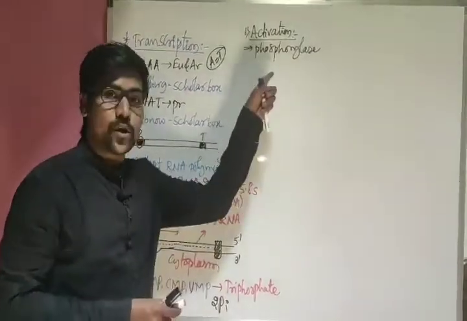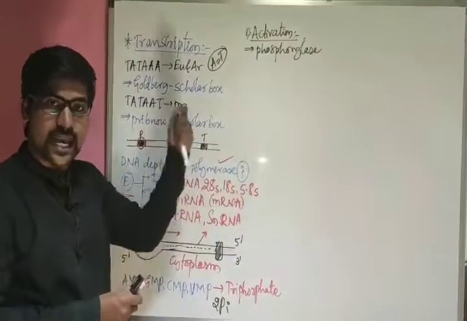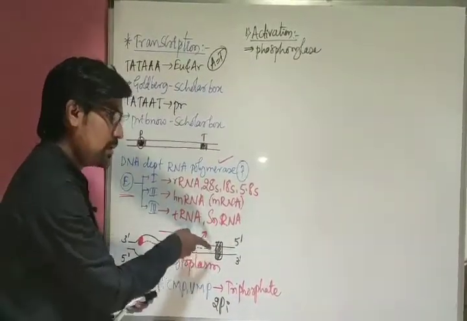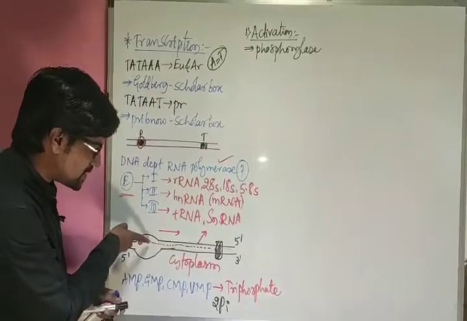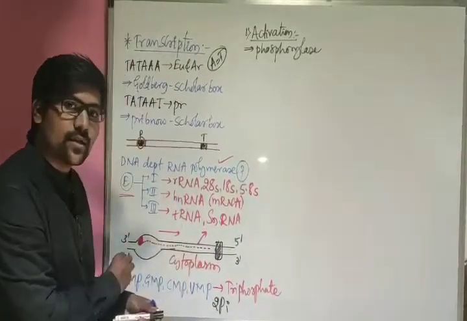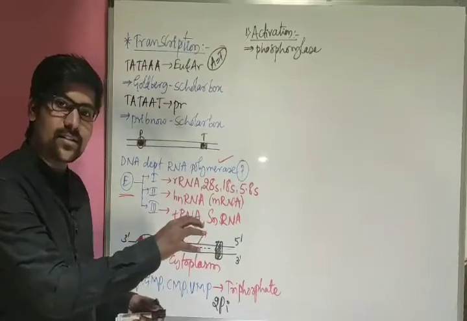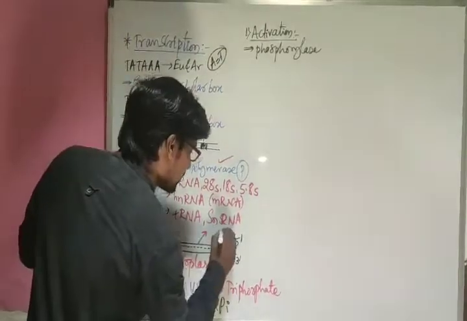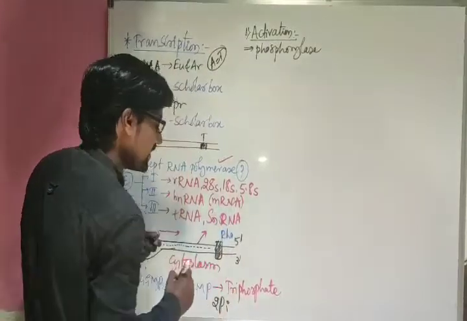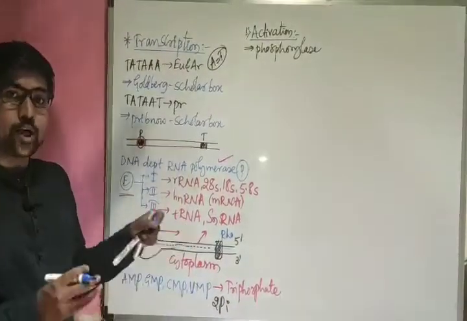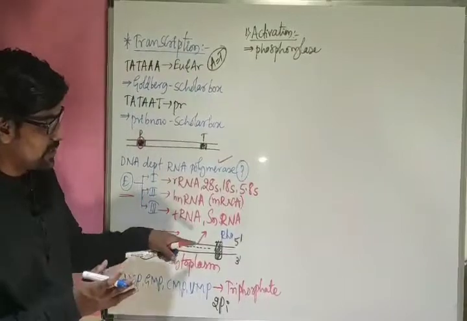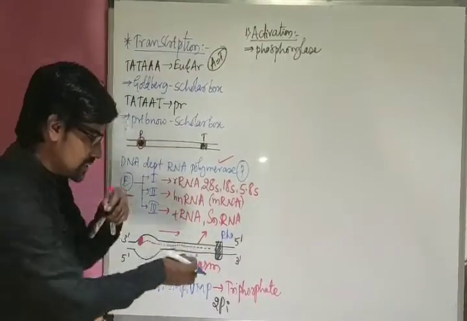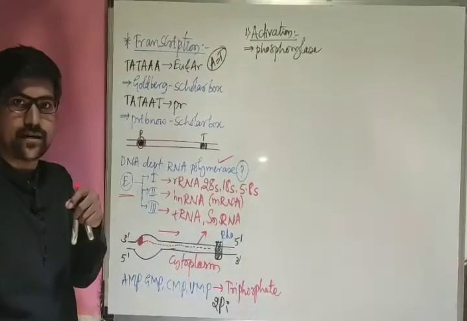Yes, the phosphorylase enzyme helps in this process, that is activation. So now the mRNA strand is going to be produced, the RNA polymerase enzyme moves up to the terminator region. When it reaches the terminator region, in the terminator region we are having a sigma factor, rho factor. So here rho factor is present. Rho factor, it loosens the complex of that mRNA and the template DNA strand. Because of that reason, the produced mRNA gets separated.